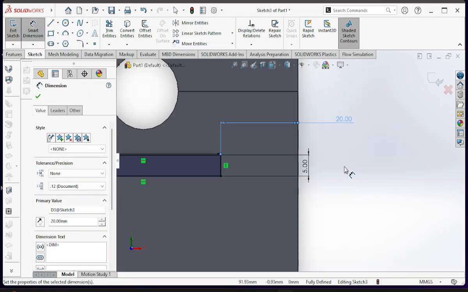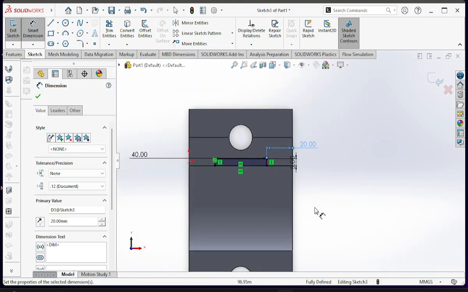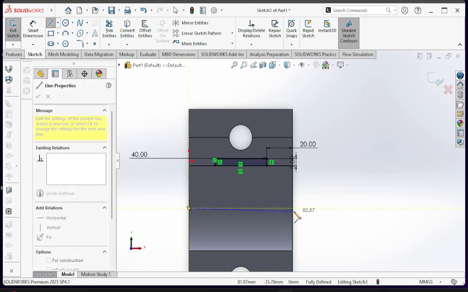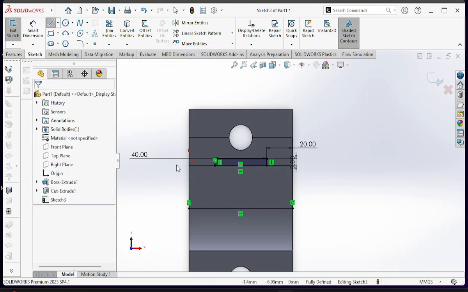Okay, so our rectangle to cut is ready, and now I have to provide an axis to revolve. The axis should be at the middle center here. Axis is here, and now I can exit the sketch,